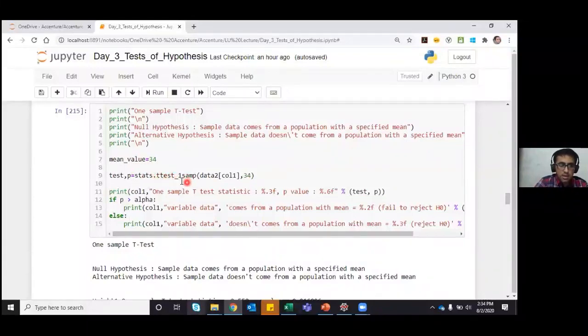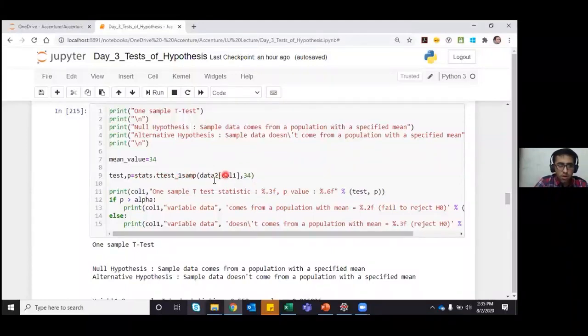And the syntax is stats.ttest_1samp. So stats is the library that is used, and ttest_1samp is the syntax for the one sample t-test. I just want to test on one of the columns. You can use it on both the columns as well. So I've used it on the height column, and I'm testing against my mean value of 34.